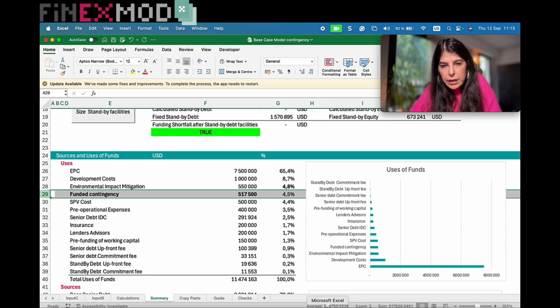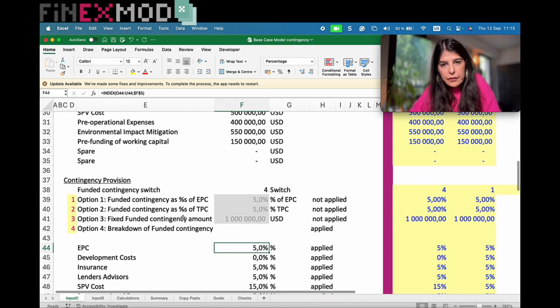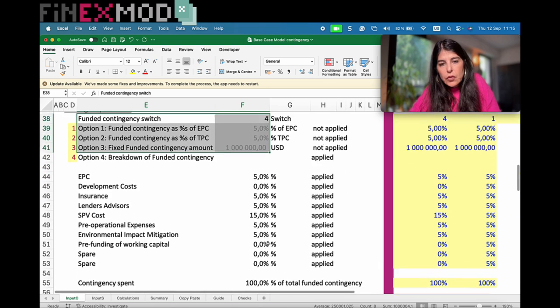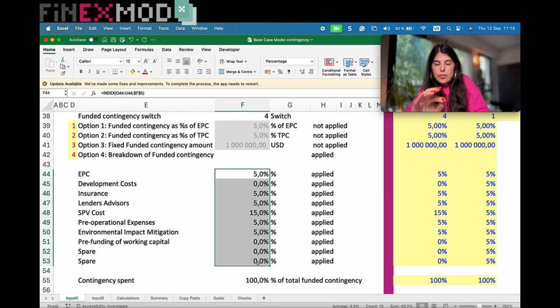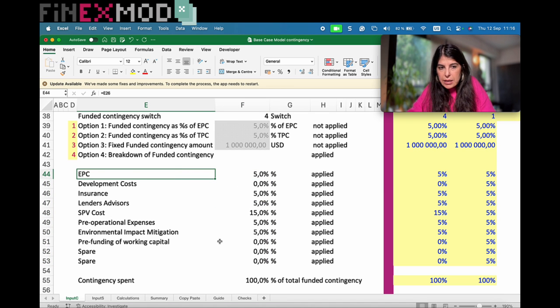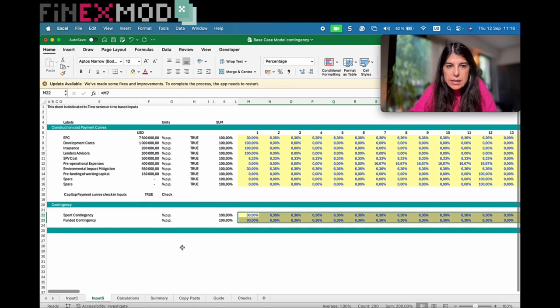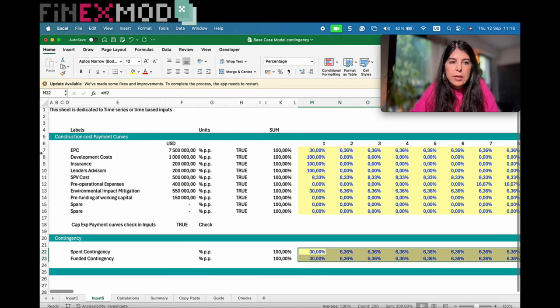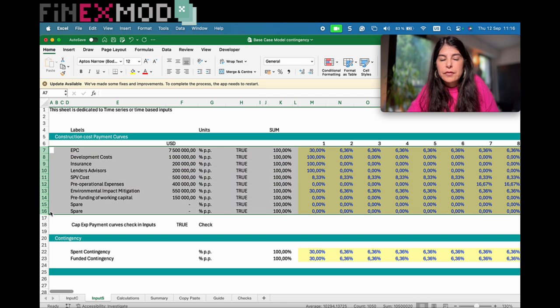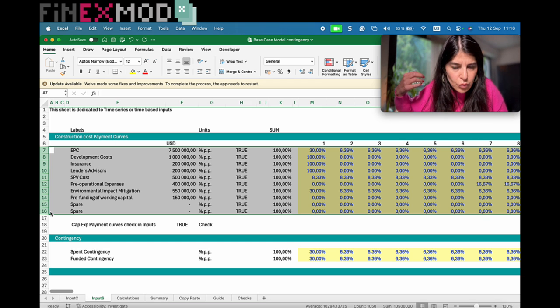So in my example here in my Excel file, I told you I have these different options, okay? If I activate this option 4, which is the case here, I have a contingency provision defined for each of the cost items. So when I want to distribute this 5% of EPC as contingency, I'm going to use basically the same profile as I have defined for my base cost. That's easy, and to me that makes sense as well, because when we are in the appraisal stage,